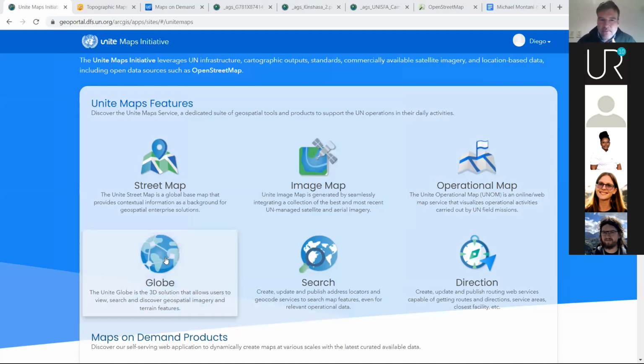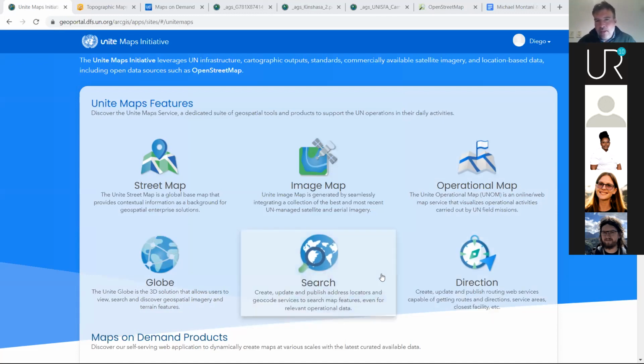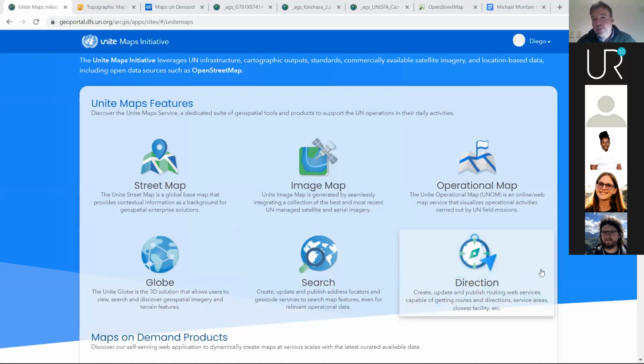We are doing this in a 2D and a 3D environment, and we are also providing, obviously, the search capabilities so that our users in the field are able to find exactly where they are and to find the different UN camps and compounds and the different activities. And obviously, we are creating our very own navigation tool so that we can go safely from one place to another in remote areas, following the specific patrol routes or the accessibility routes that have been vetted by the UN.